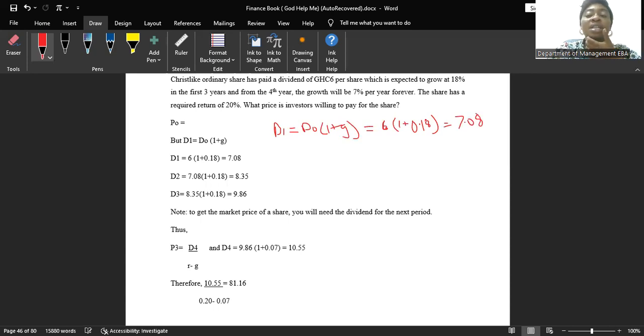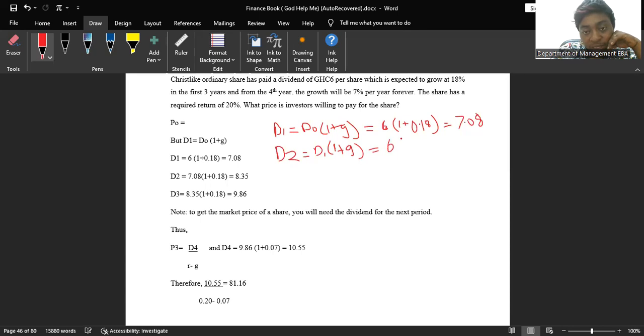When we're solving the first one, we grow the constant amount by 2. But for this one, since we have the D1, to get the D2, we can just grow the D1. We don't need to grow the D0 by 2 and square. So we can just take the D1 and grow it for the second year. So that'll be 1 plus, bracket close, equals to